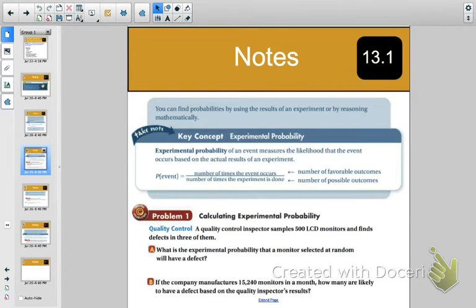Okay, so it says you can find probabilities by using the results of an experiment or by reasoning mathematically. First we're going to talk about experimental probability, which is basically calculating the probability based off the results of an experiment. So you look at the actual result, and the number of times the event occurred will go on the top of your fraction, and you're going to divide that by the number of times the experiment is done. So if we look at this example right here,